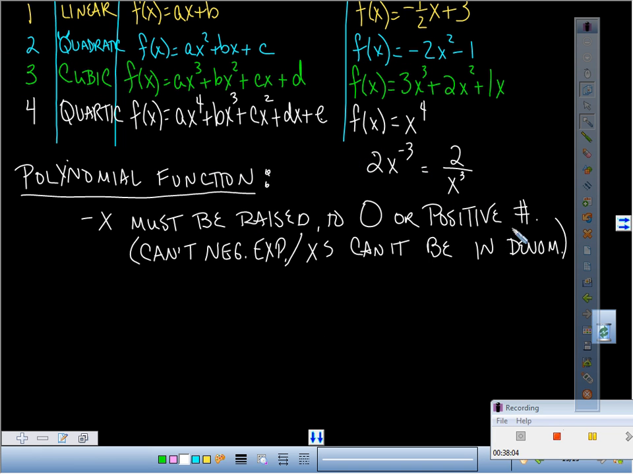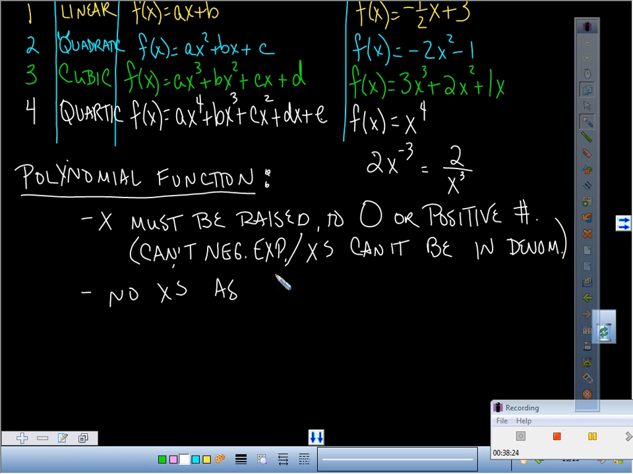They may not just come out and say it, but this is what you can infer from this right here. I can't have any negative exponents. I can't have an x to the negative 2, negative 7, which means I can't have any x's in the denominator. Here's another thing. No x's